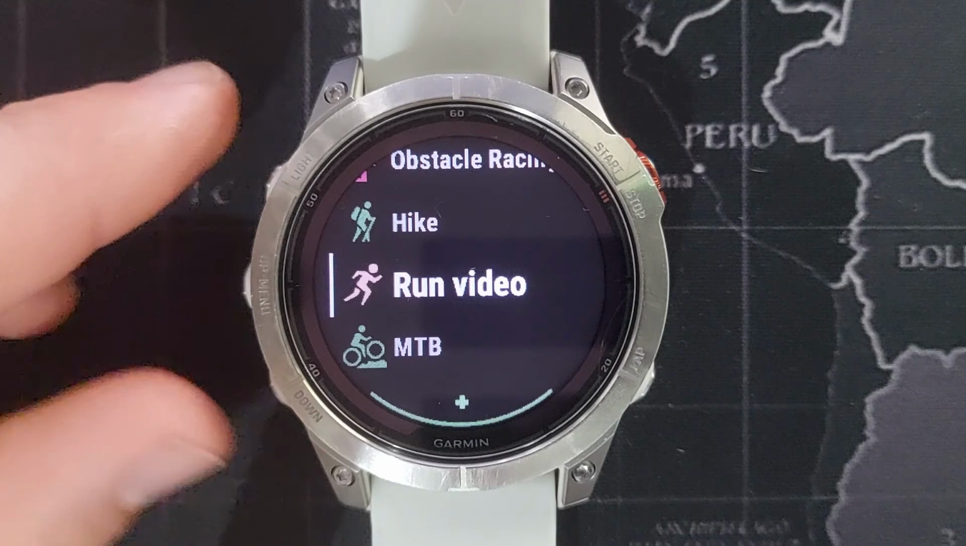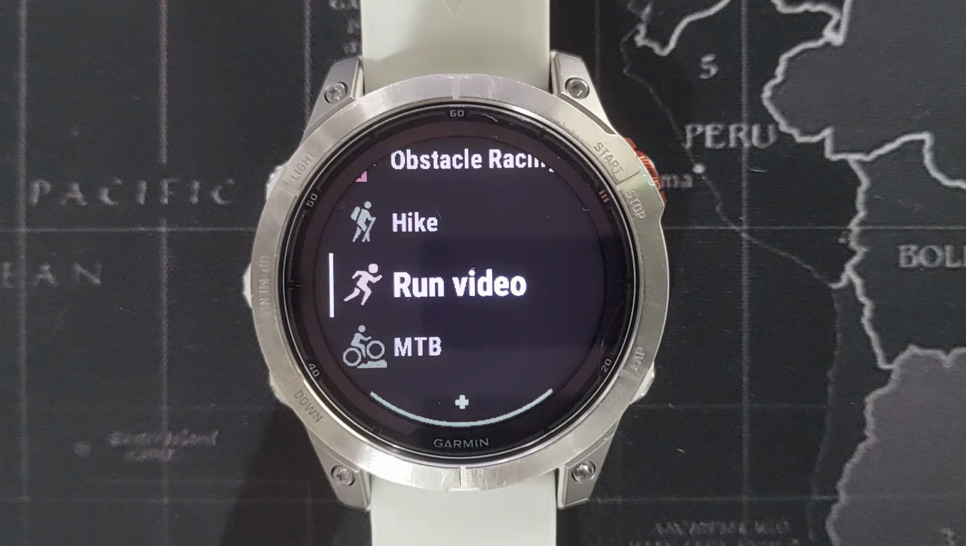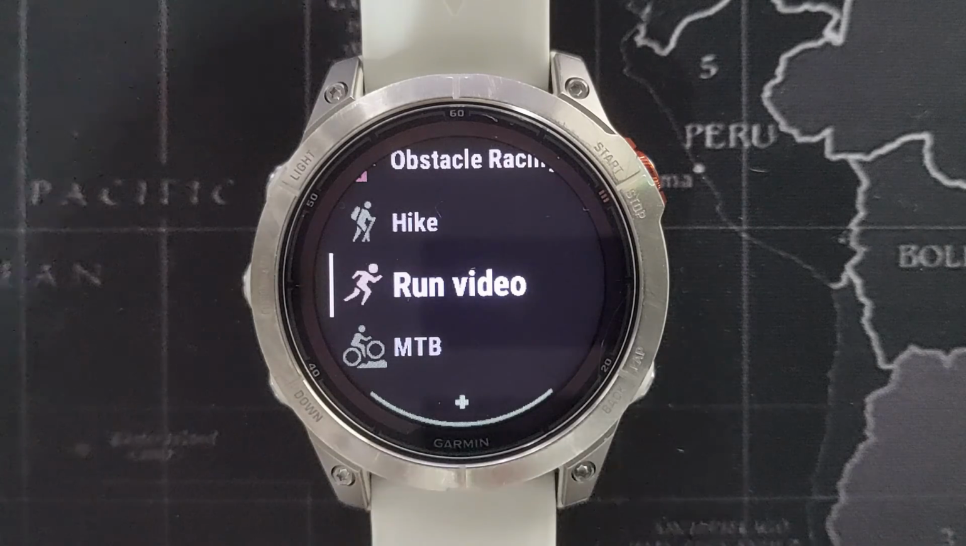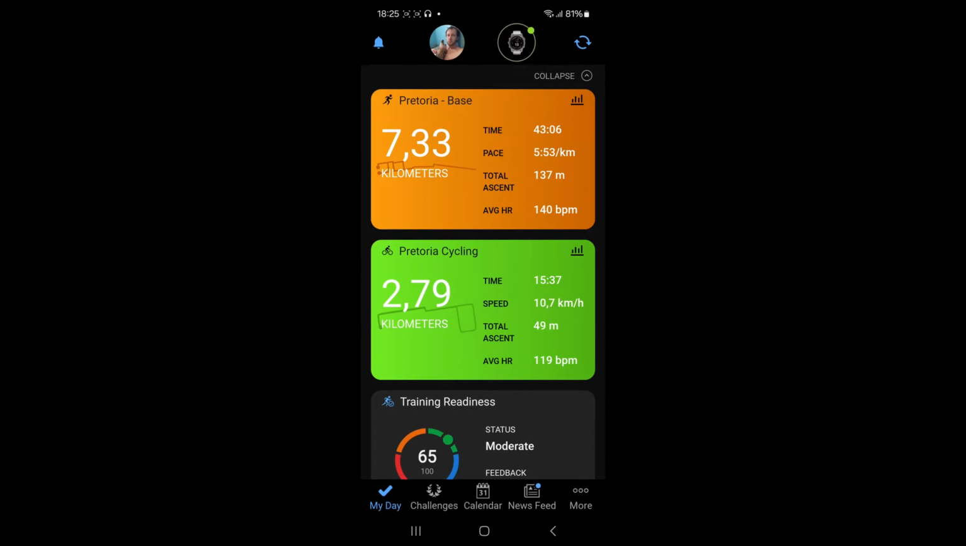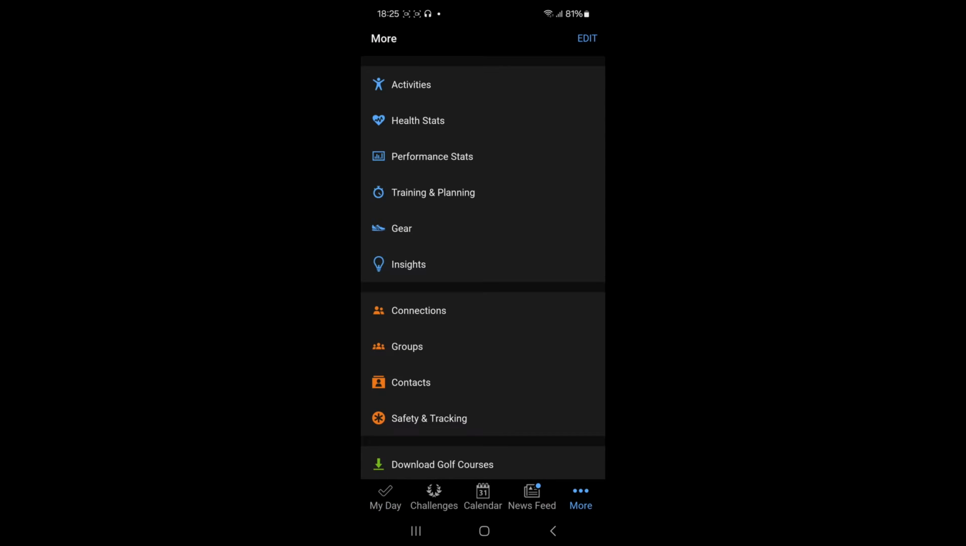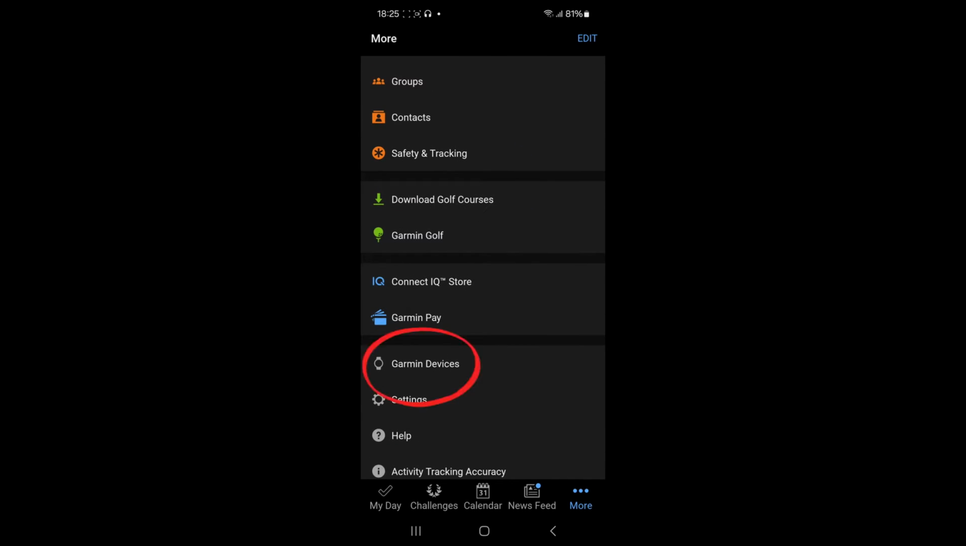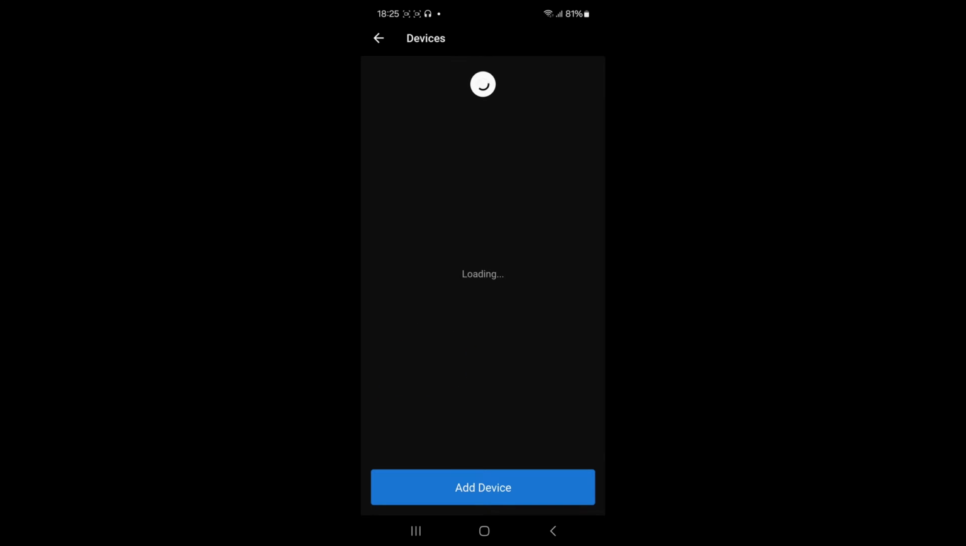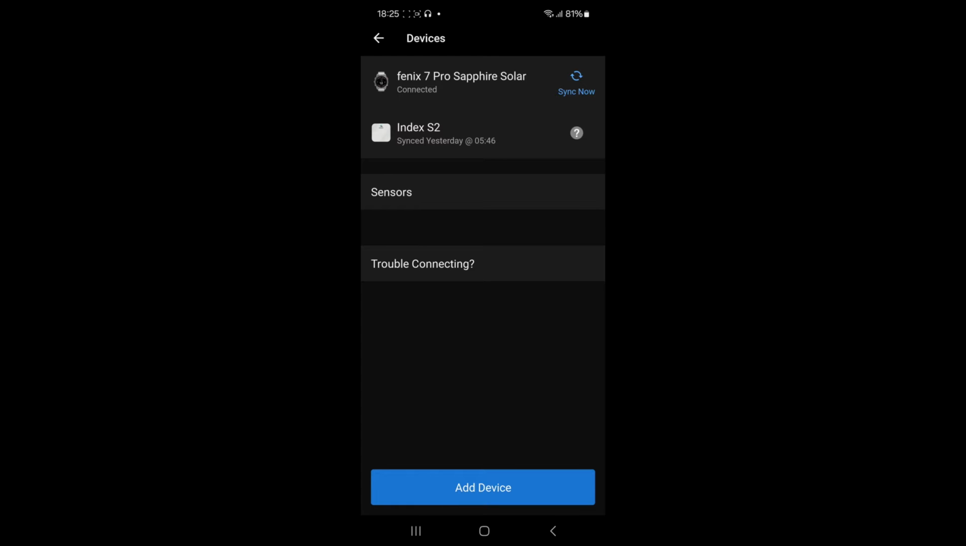Okay, so that is all the activity settings on the watch. Next, we will just quickly go over how to set all of that in Garmin Connect on your phone. To change all the activity settings on Garmin Connect on your phone, you open Garmin Connect and you select your device. I do it by selecting the 3 circle and more button at the bottom right corner. Then I scroll up and you select Garmin device. It will show all your Garmin devices connected to your phone. So you select your Fenix 7 Pro,